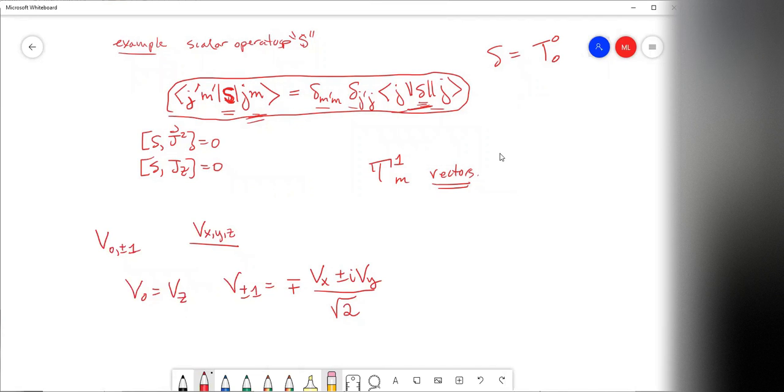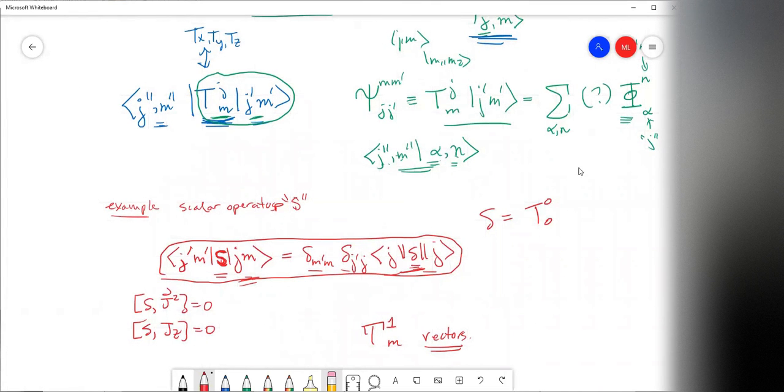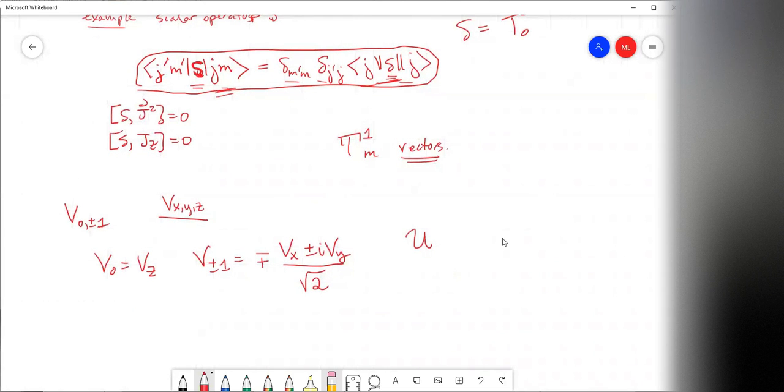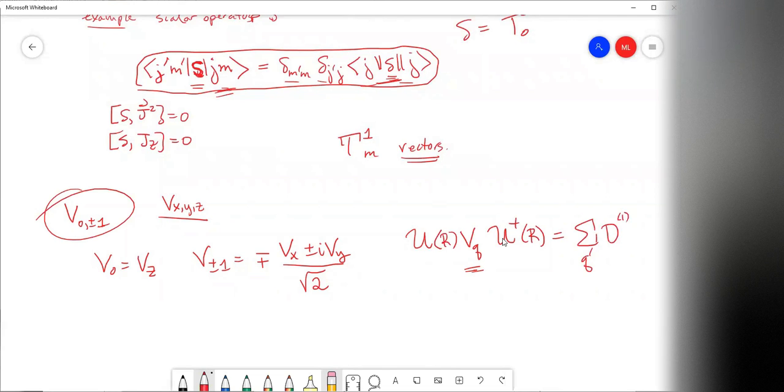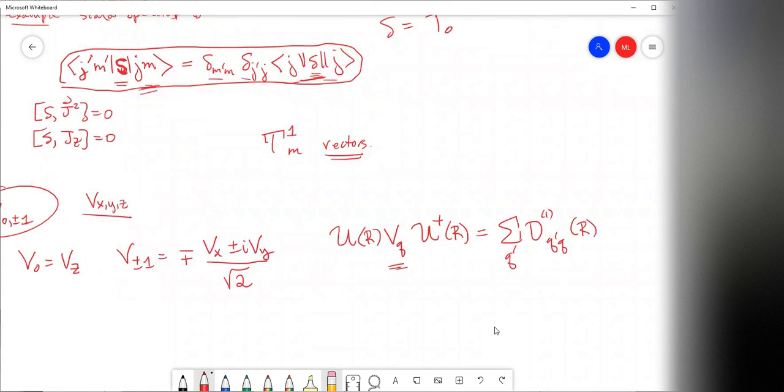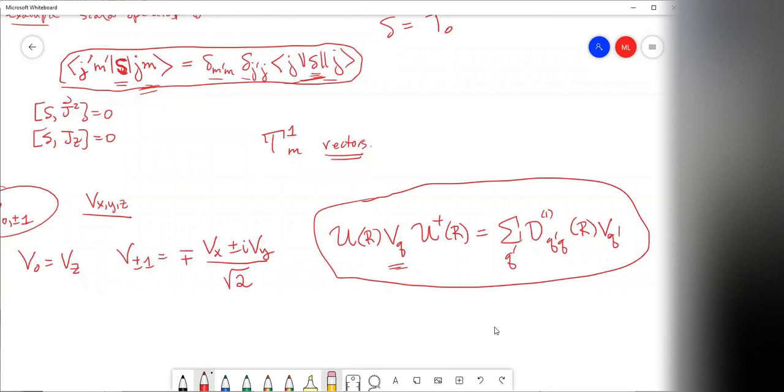And how do these things transform under rotations? Well, it's very easy. They just transform with the D matrices. Remember that these spherical tensor guys, they just rotate like the angular momentum eigenstates. But of course, they're operators, so the transformation rule here is U, the unitary associated with the rotation, and now VQ, one of these guys, the spherical tensor component, U dagger R is equal to sum over Q prime D1 Q prime Q R V Q prime. This is a transformation rule for a spherical